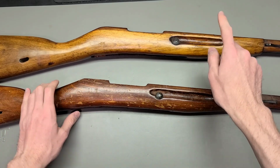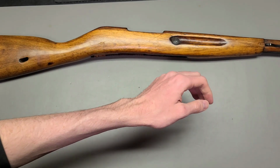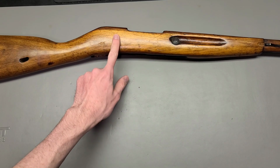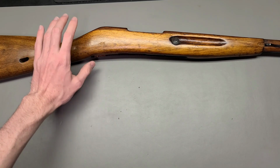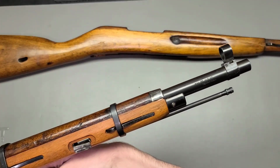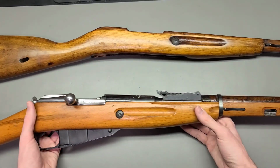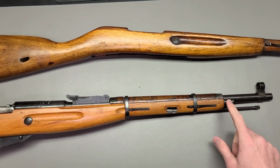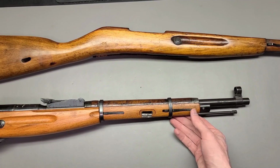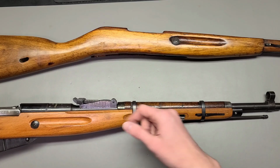This is for a very specific pattern of Mosin Nagant, one that you may or may not have heard of before. This is not an M38 or an M44 stock. This is actually a stock for this gun, a 9159 rifle. Now, this is a really simple gun. All this is a 9130 rifle that's been cut down to an M38 carbine length, but retains the original 9130